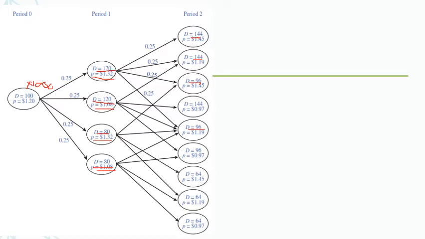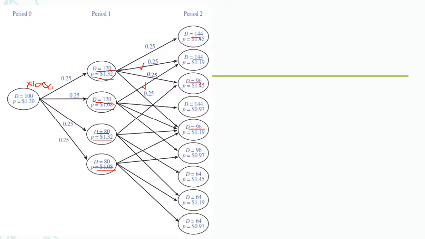It is not 4 into 4 now. You may have a doubt why it is not 16, since it should have been 4 into 4. Let me show you. Look at this arrow and this arrow. They are from two different nodes. How is it possible? Let us try to understand this. D increases from 120 to 144, and here also from 120 to 144. So 144 is common. Let us come to P. What is the value of P here?